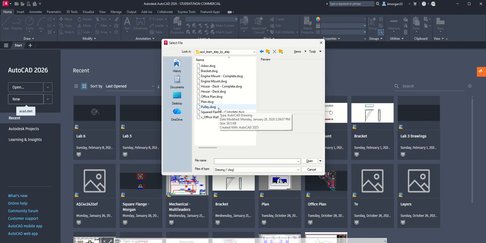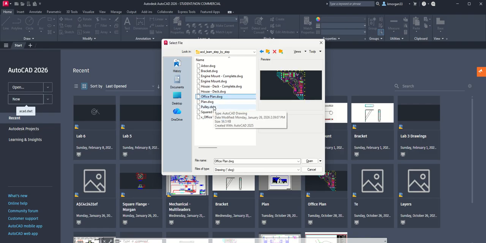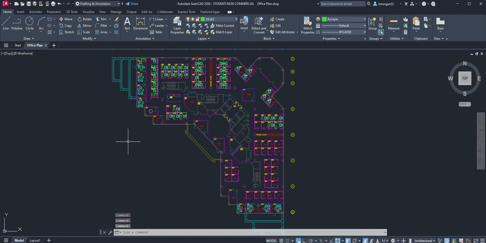Try to find office plan. Yeah, so do not open the other one. So slowly go down and right here. Yeah, so office plan.dwg file, click open it, and here is your open, and open that. Okay,